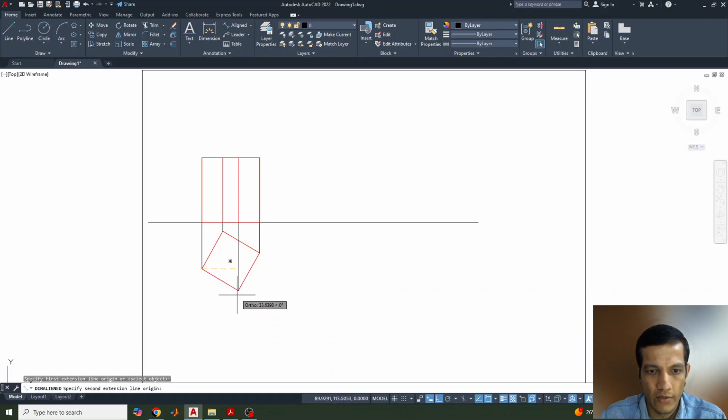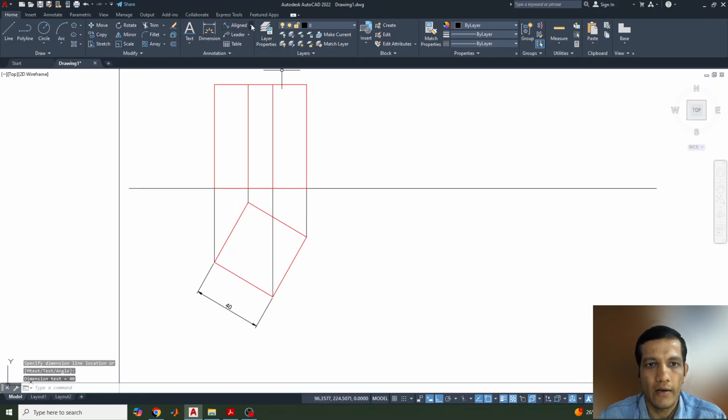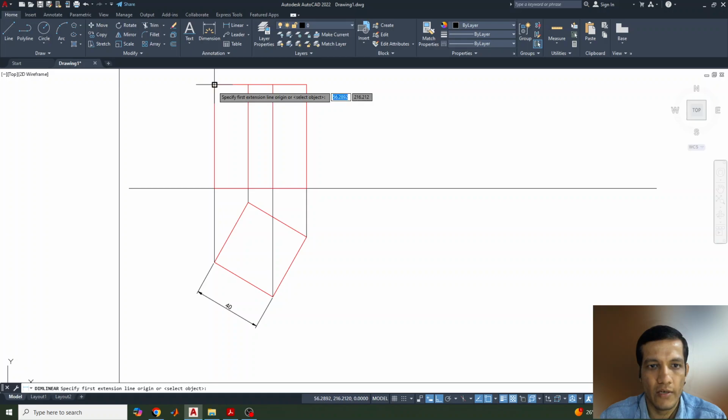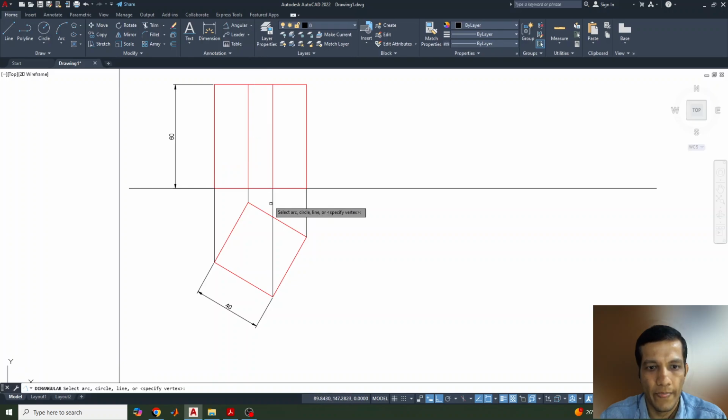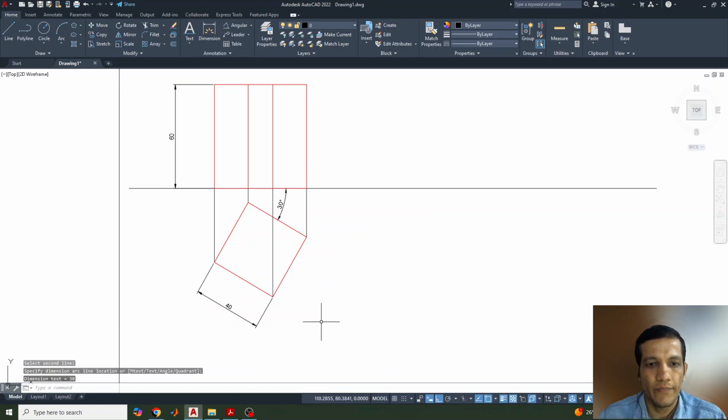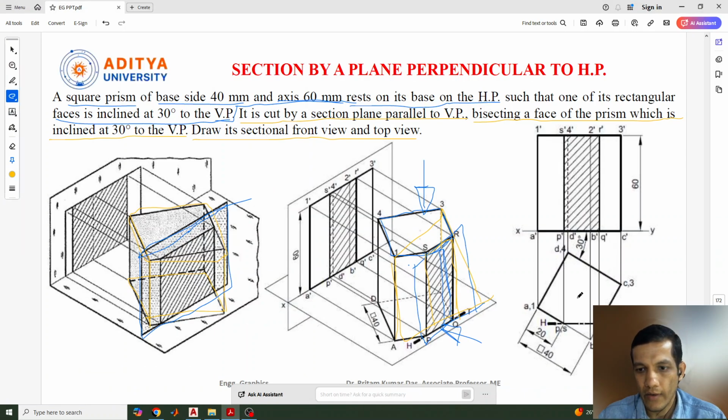So dimension, align dimension, yeah. And now next is linear dimension, axis height is there. And next we can give one more angle, that is this reference line and this 30. And next what we need to do, we need to draw a section line which bisects one of the sides here, and from 20 mm, this is 20 in the sense that bisecting means 40 mm total